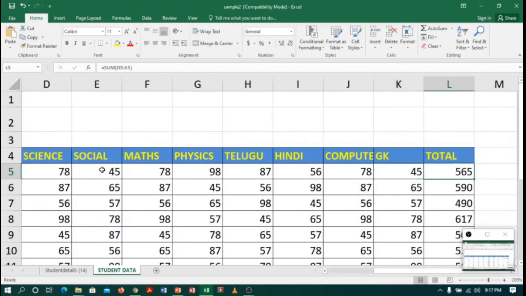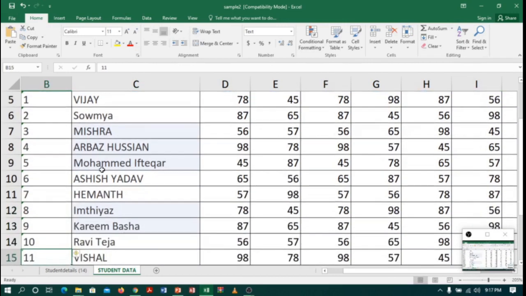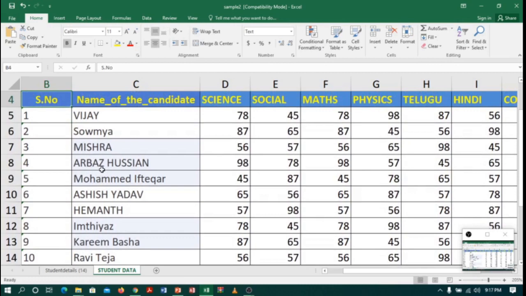The same way, if I want to move to the left side of a table, I will click the left arrow key. Here we are. The same way, if I want to move to the bottom of a column, I will click the down arrow key. Here we are. And if I want to go to the top of a column, I use the up arrow key. Here we are. But every time, these arrow keys will not work.